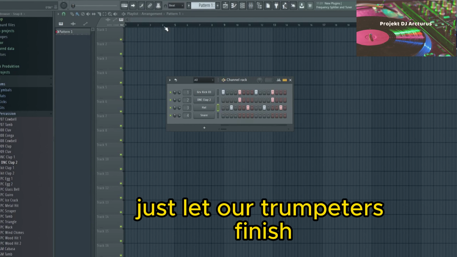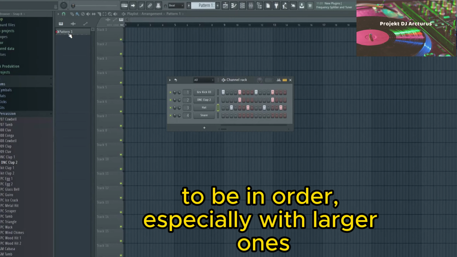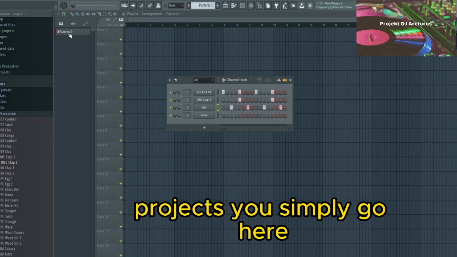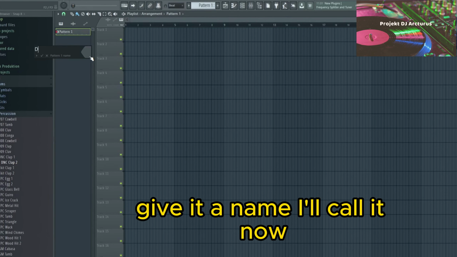Currently our pattern is called Pattern. We see it either up here at the pattern selector or back here. To keep order, especially in projects with larger songs, you simply go here, right click and open Rename. There you can name the pattern. Give it a name; I'll call it